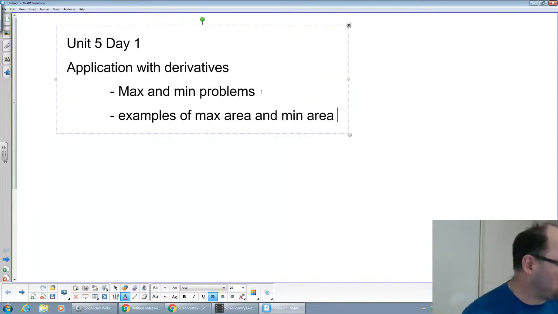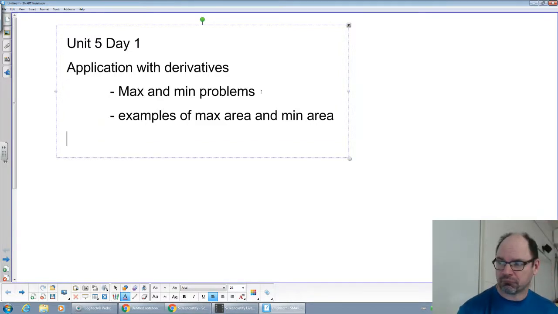So this is our first part that we're going to do, and that's as far as we're going to get today in calculus. So it'll probably take us a good 30 minutes to get through this. I don't even think I'll give you any practice today. I'll save that for the third day. First day we'll probably do max and min problems. Second day we'll probably do a couple more different kinds of examples. And the third day we'll do some practice with it. Okay, so the first one we're going to look at